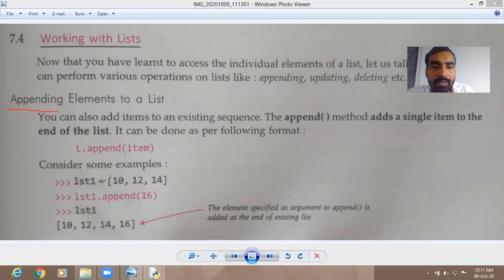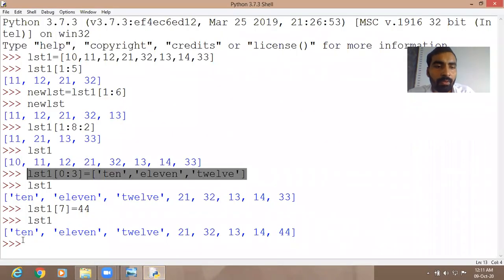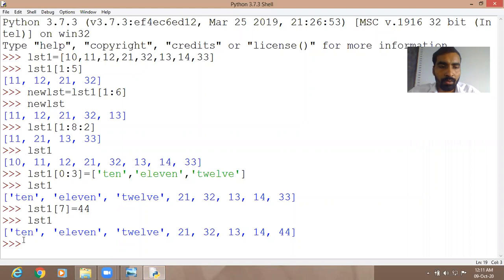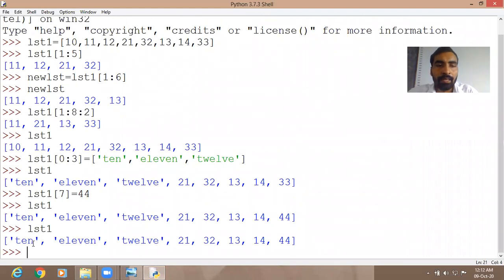Suppose a list is here. Your list is LST1, okay? This is your list, and in this list the last value is 44.